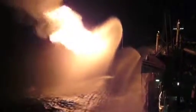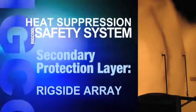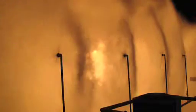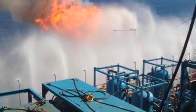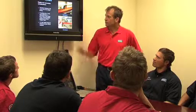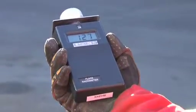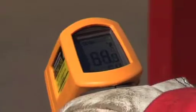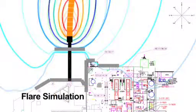The second layer of protection is the rig side array, which consists of a series of smaller, 1.5 inch smart nozzles strategically positioned to ensure that safe levels of transmissivity are maintained for equipment and personnel. Extensive pre-flaring simulation and scenario modelling is backed up with real-time tests during flaring, with our fully trained technicians using flare radiometers and laser thermometers to identify hotspots and confirm safe operating temperatures are being maintained on all areas of the rig. Variables such as wind shear are taken into consideration to ensure safe levels of transmissivity are maintained in